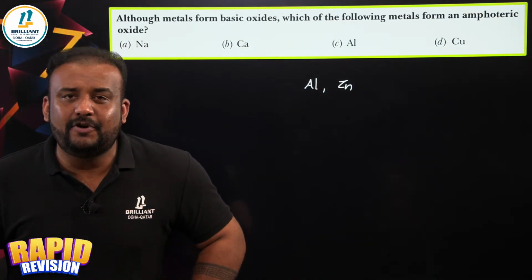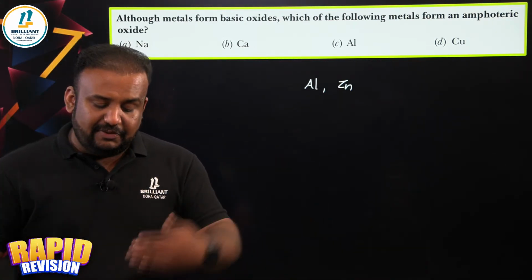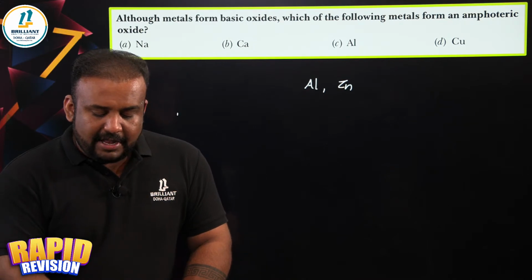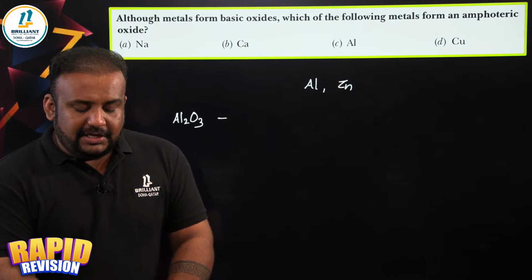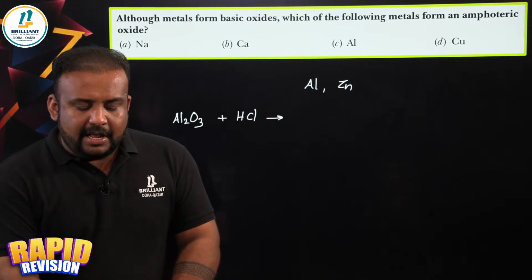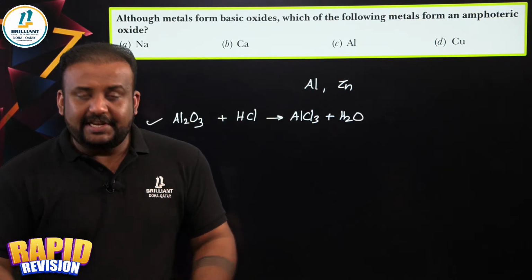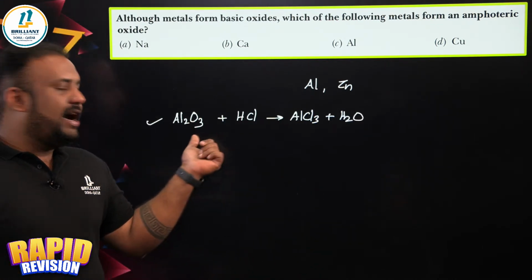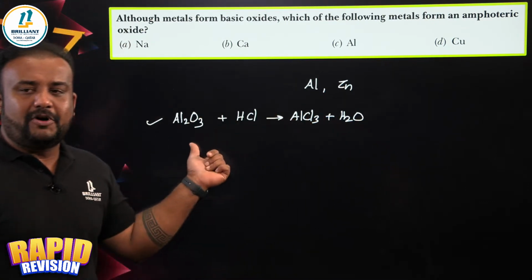What is the meaning of amphoteric? Amphoteric means they can behave as an acid as well as a base. For example, aluminium oxide is Al2O3. Al2O3 when added with HCl, you will get AlCl3 plus H2O. So what does this reaction indicate? This indicates that aluminium oxide reacts with an acid to form salt and water, which means aluminium oxide is behaving